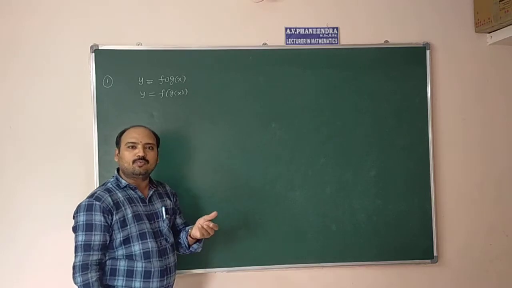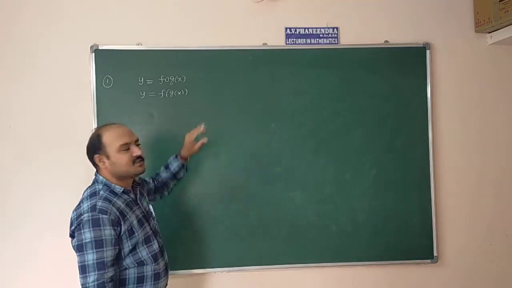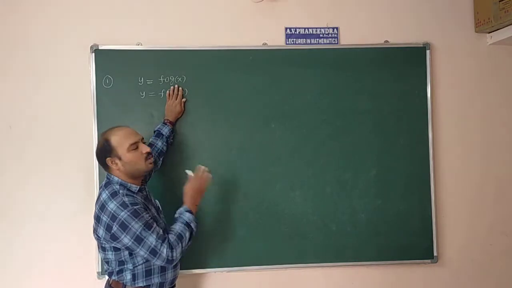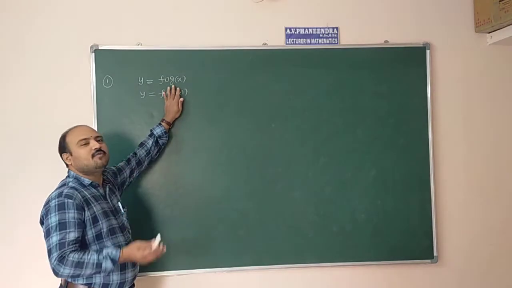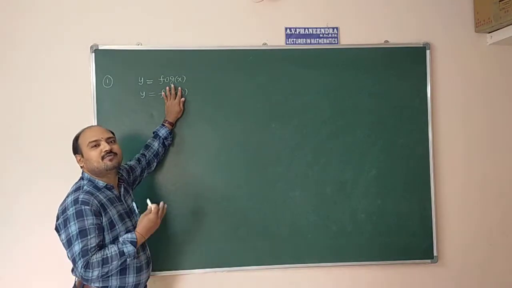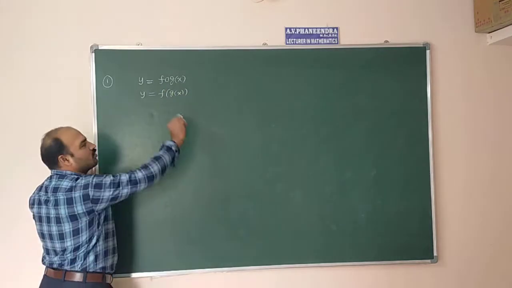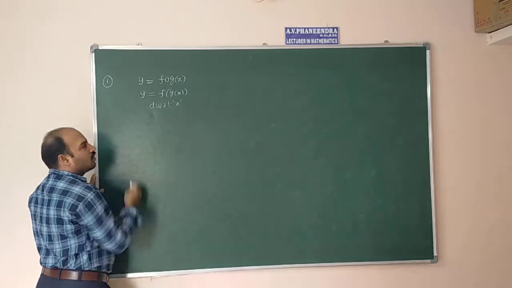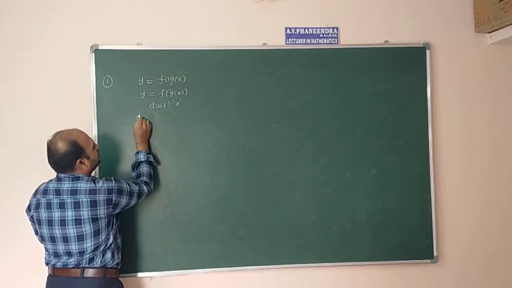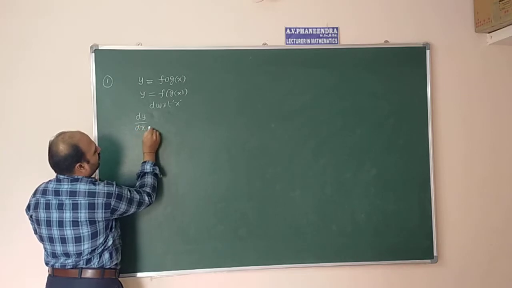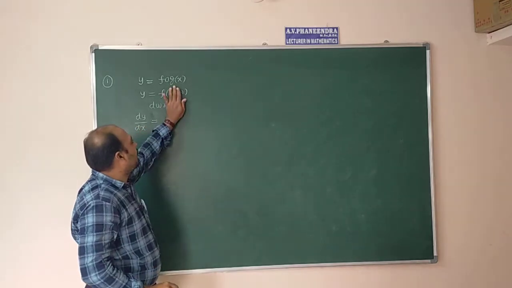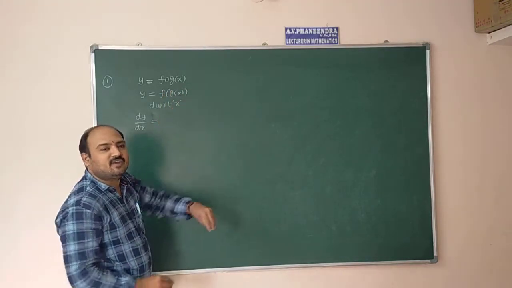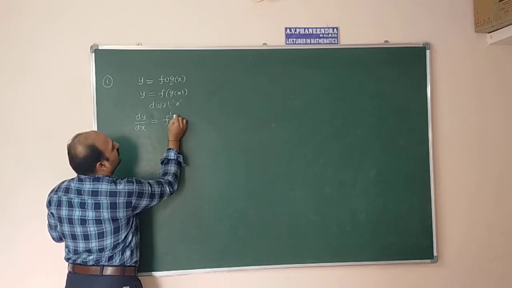So, what we have to do? How to differentiate this type of function? First, you have to assume that g of x is x. So it will become y is equal to f of x, and the derivative we know is f dash of x. So first differentiate with respect to x. So the derivative of y with respect to x is dy by dx, which is equal to, here I am assuming g of x as x, that means same thing only you should write. The derivative of f of g of x is f dash of g of x.